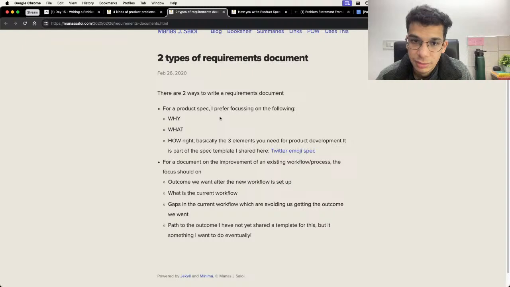But the other way you could focus on the problem is to look first at the result or the end outcome you are looking for from this. What is the current way of doing it? What are the gaps in the current way, and how can you fix those? And what needs to be actually added in the current workflow to get to the desired outcome? If you need to start things from scratch, do that. And if not, fill the holes that are present, and then build a robust solution that can solve the problem. So part of the outcome, but these are two specific ways.